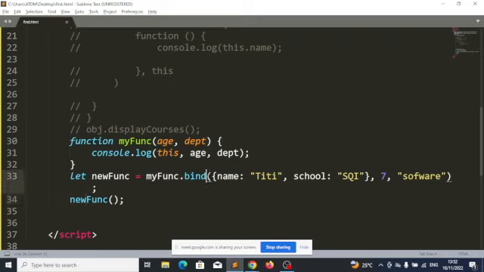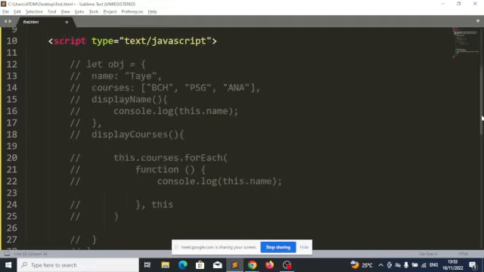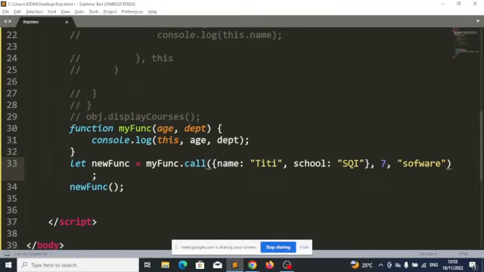Aside from bind, you have another one called call. We want to look at three functions: call, apply, and bind. Call and bind are actually similar. The difference is very, very little. When you are using call, you don't save it as a variable. Call will automatically call that function. It will trigger that function immediately. That's one of the reasons why you don't use call often. Look at something. If you use bind,